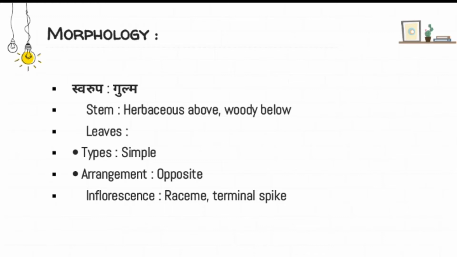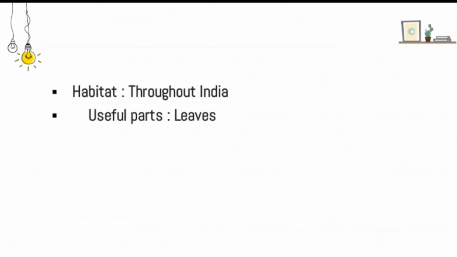Inflorescence is a raceme, a terminal spike inflorescence having white flowers. And habitat: where all it grows, where Vasa is available for us. Throughout India, Vasa is available. So the useful part is usually the leaves; in Ayurveda most of the medicines and formulations are based on the